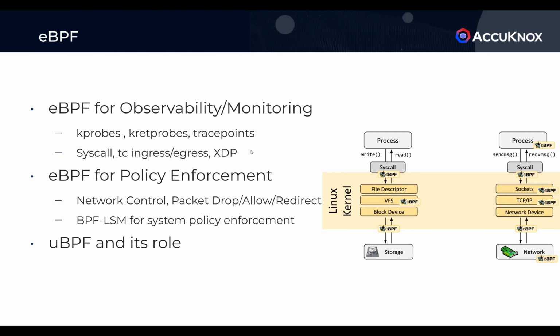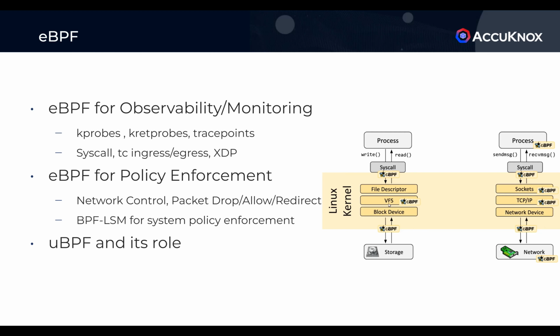So I'm going to go next. Here you see a system call. There is an eBPF bytecode that can be inserted here, and there is also VFS, the virtual file system module. You can insert eBPF bytecode here. You can insert eBPF bytecode here. This is essentially the XDP module. Even for the storage layer, you have eBPF bytecode that you can use to steer the control.